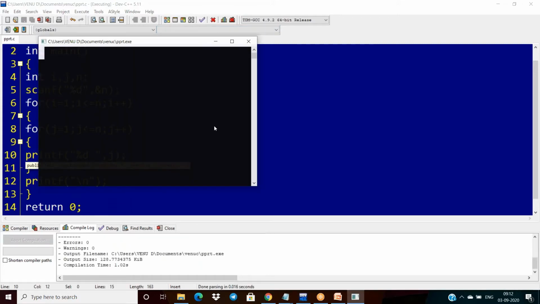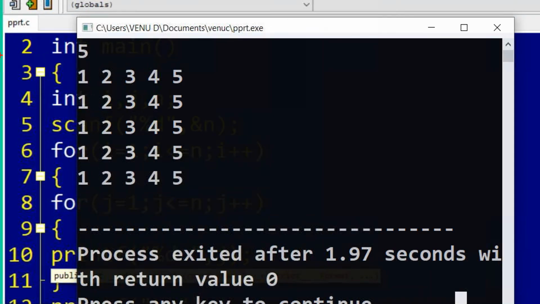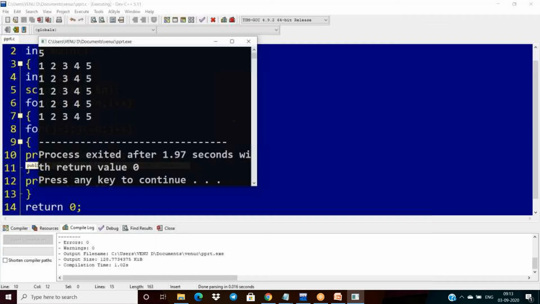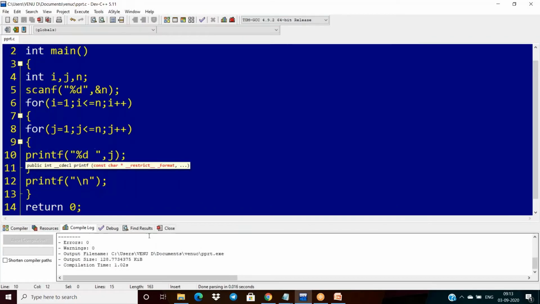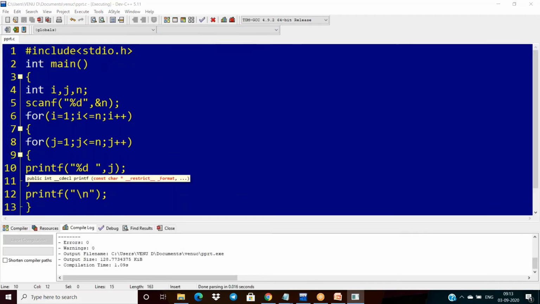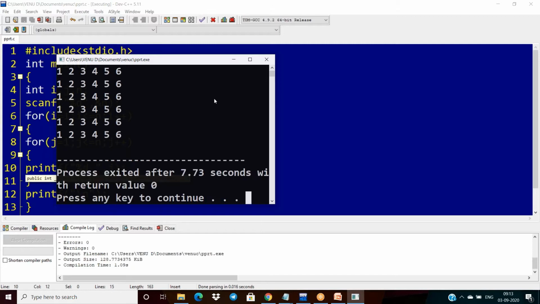Now see the output. This is our expected output. In the place of 5, if I give 6, it will display 1 to 6 numbers for 6 rows.